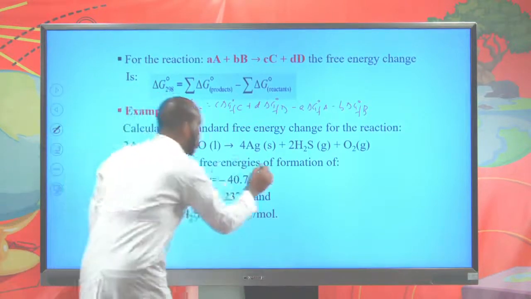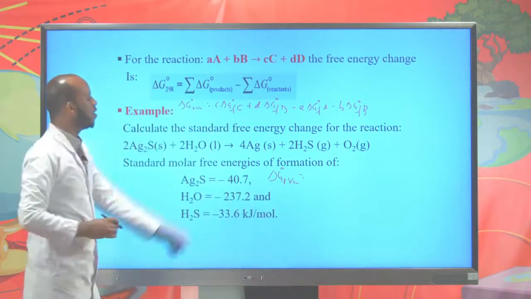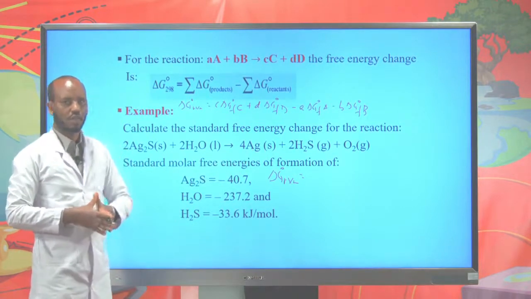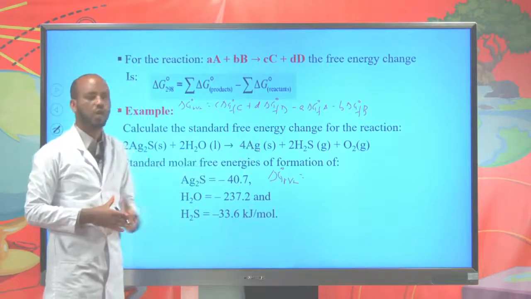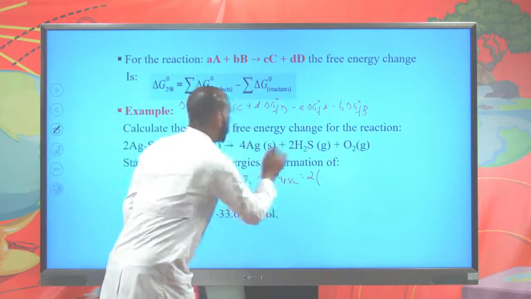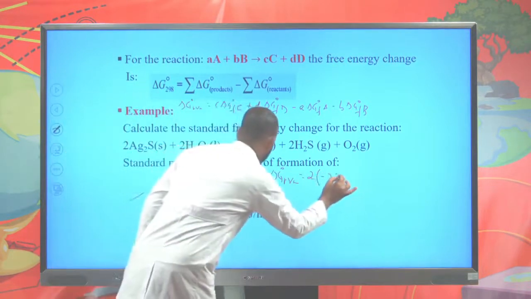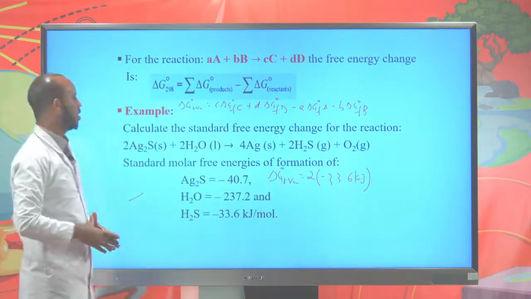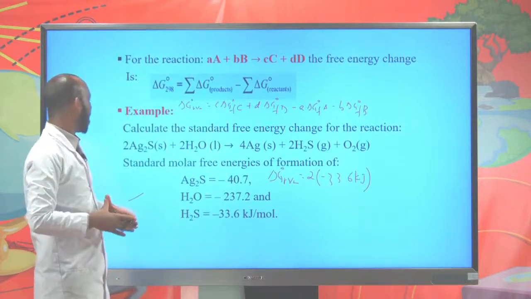Now, delta G naught of the reaction equals 4 times delta G naught formation of silver, which is 0, because the standard Gibbs free energy change of an element is 0, plus 2 times delta G naught formation of hydrogen sulfide, which is minus 33.6 kilojoule, plus 1 times delta G naught formation of oxygen, which is 0, minus 2 times